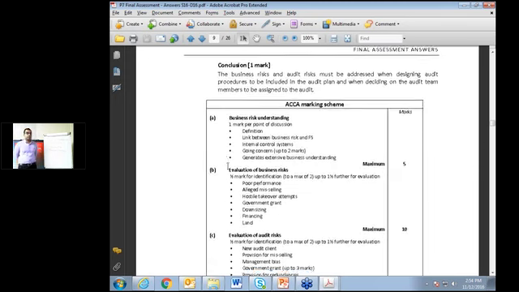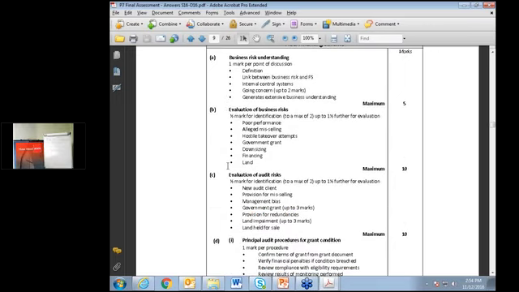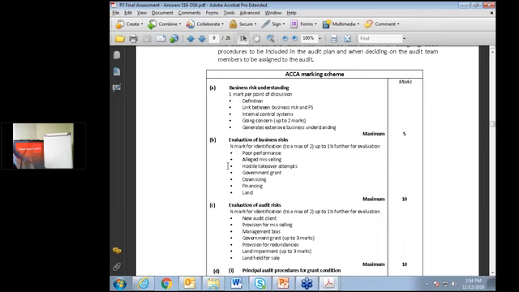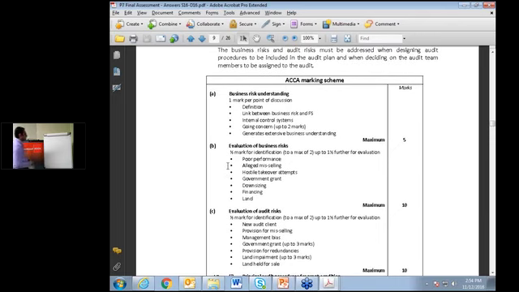Now, if you look at the marking scheme, that's how it is structured, and you can look at it. I won't be reading this out, as you can see it on the screen. So this is an important one, and you should pay heed to how you can get the marks that are available, right? Now, a key thing that I wanted to highlight, and that is why I am writing this down here,